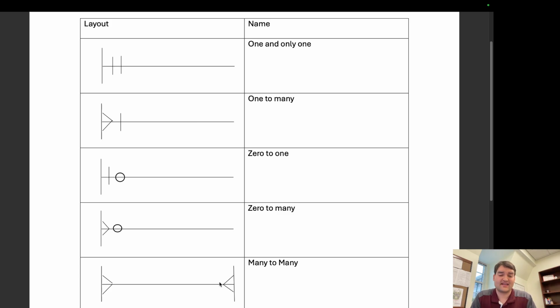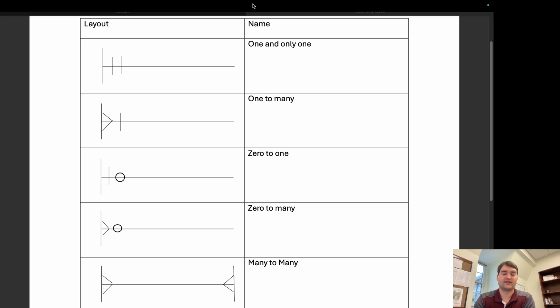Now, many to many is a special case. What we have is two entities involved in this relationship, and on both sides of the relationship, there exists a many. Now, we're going to talk about how to address that in a little bit, but for now,